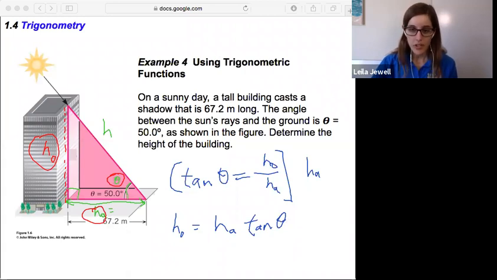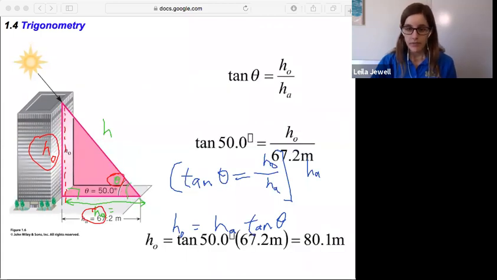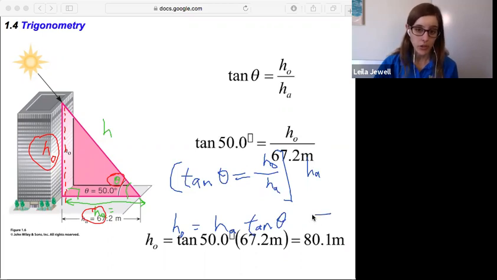So let's check this out. The next slide. So here we have the final work, right? And they plugged in numbers before multiplying across. If you prefer to do that, that's totally fair, right? I worked with symbols instead because this is a more general result that will apply regardless of the length of the shadow or the angle in there. But if you plug in the proper numbers, you come out with